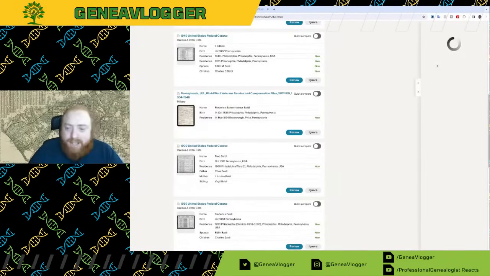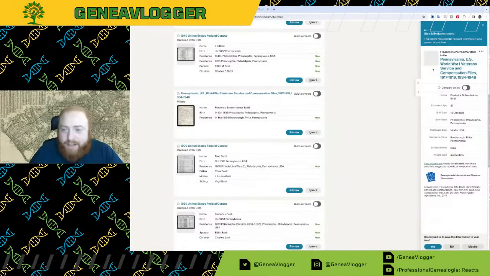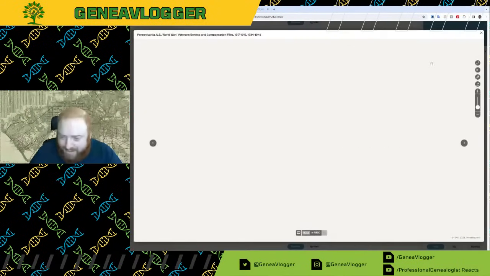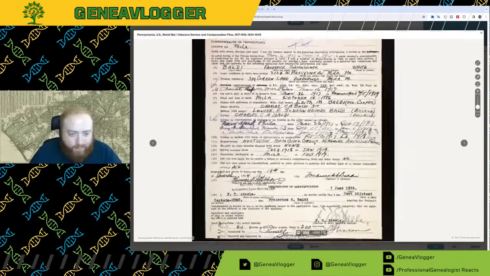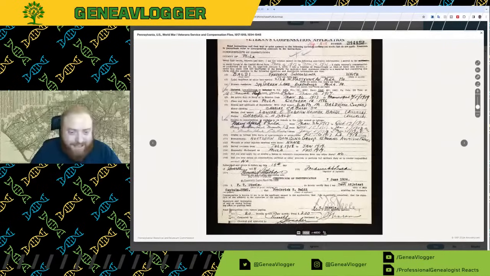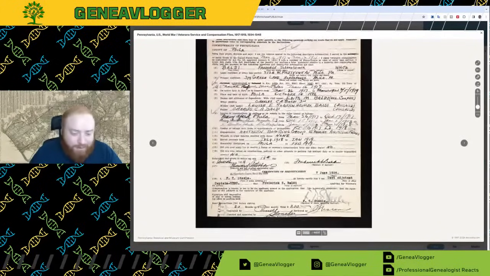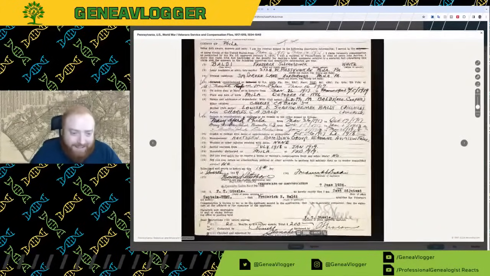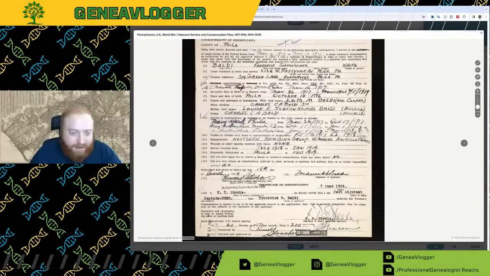We do have this compensation file, which on the second page will list children he's had at this point. But this is 1934, and I think from what we saw, he hadn't had any yet. So we do have the parents here, Edith M. Baldini Cooper, née Cooper. I always say Nee. Roxborough, Philadelphia, Passyunk Ave. I'm very familiar with the area. Lots of family there. And actually, a few years ago, I was down in Manayunk, Pennsylvania, at the Historical Society.